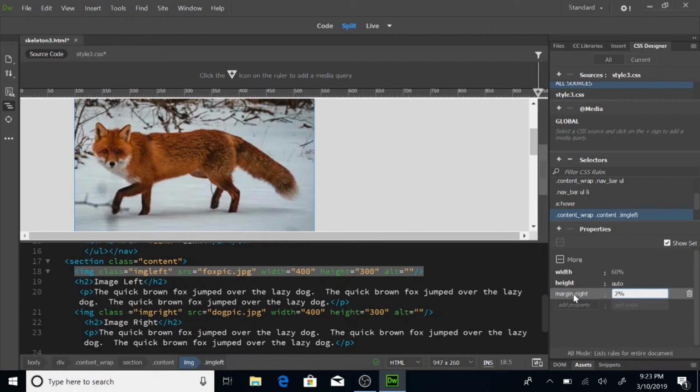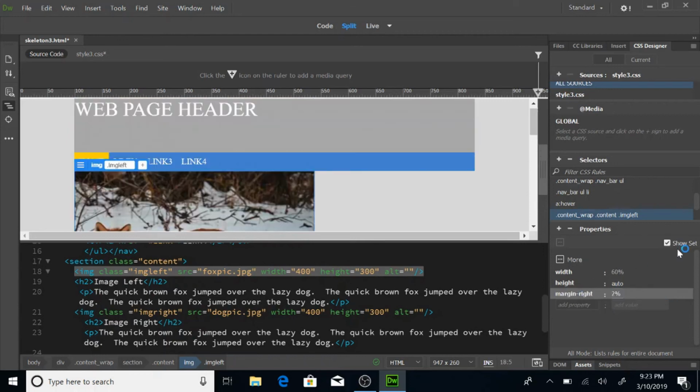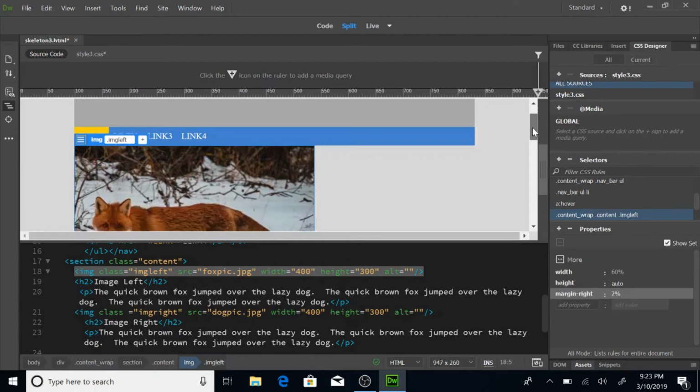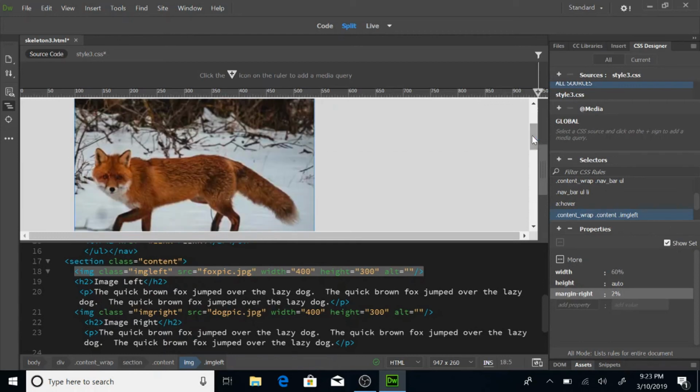And the reason why we're doing this is so that the text to the side of it here shortly won't be bad looking. All right, so image left, we have that on there. That's pretty good. And then what we can also do here